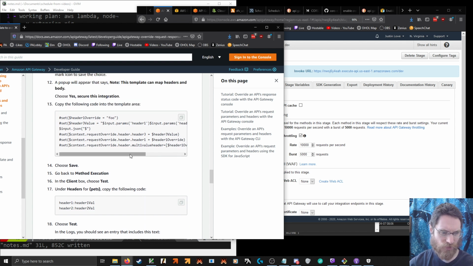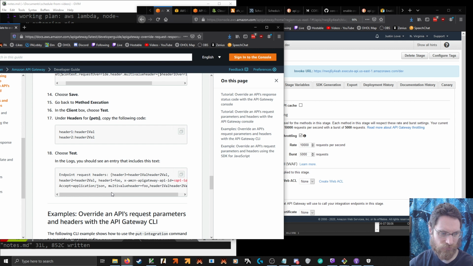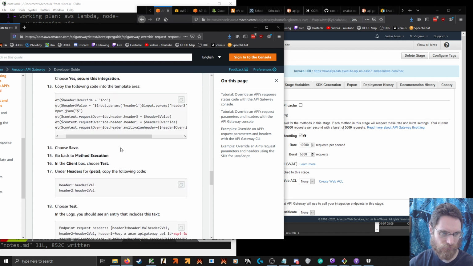Input params. Oh. So that's header 1. So we could mirror origin back.